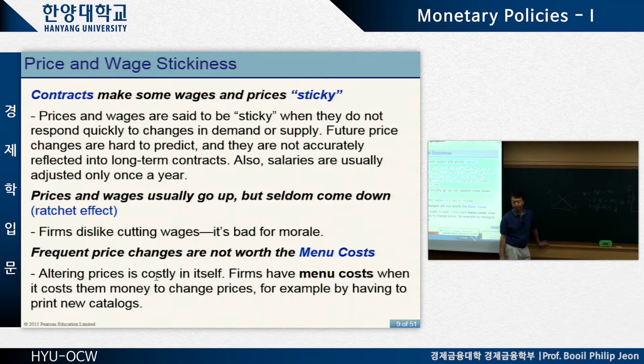But the explanation of especially the classical economists was, no, don't worry about it, because as long as we have this flexible adjustment, flexible interest rate in the financial market,